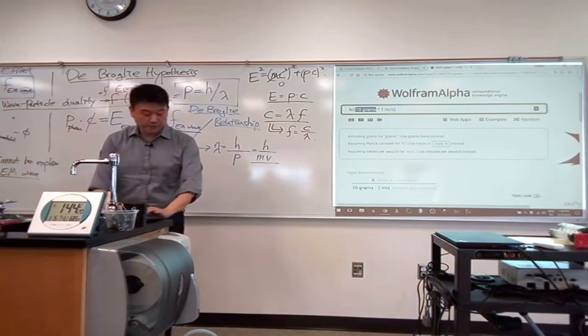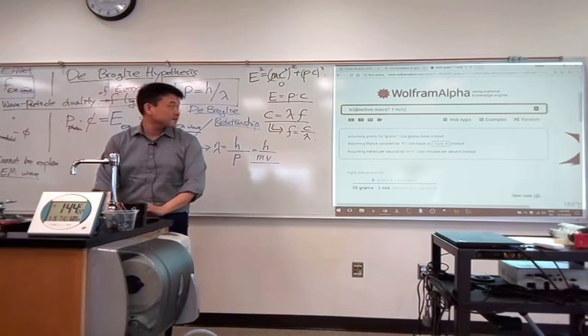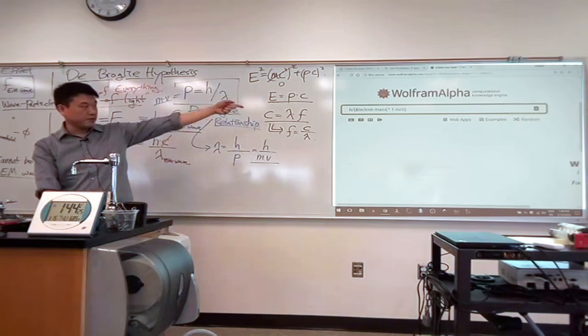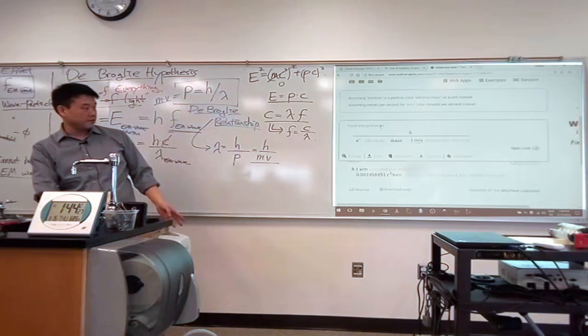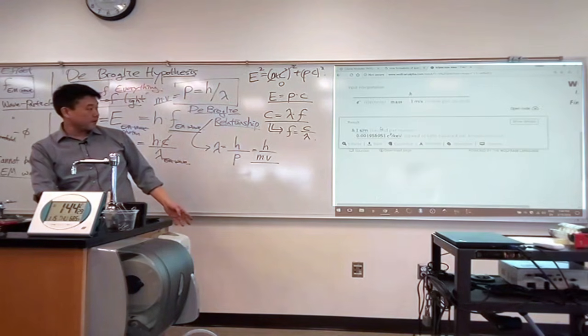But if I'm now dealing with electrons, by the way, it's really hard to get electrons to move that slow. It's a really cool electron if it's moving that slow. It has a wavelength of,